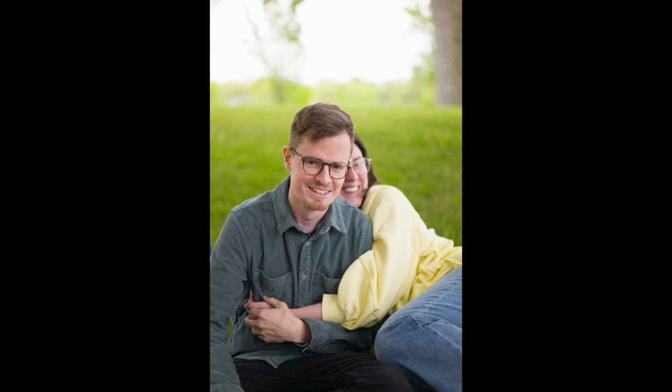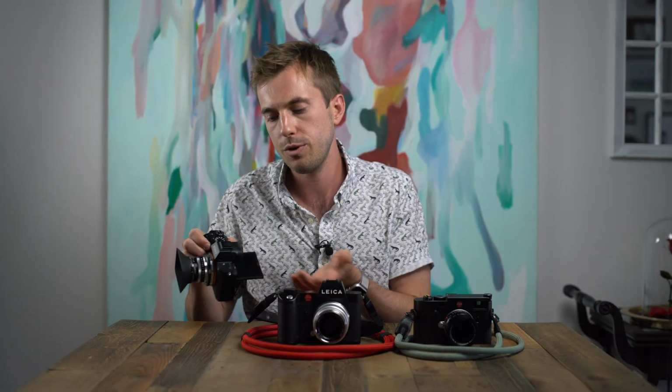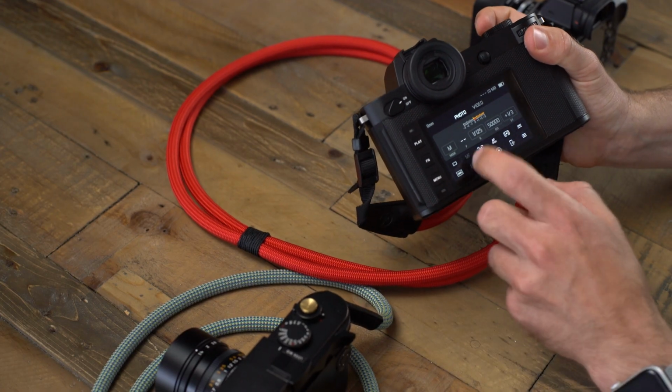As a tool, I appreciate it, and I would definitely have it alongside my M10 for a full wedding day. The one feature I do feel like the SL2 is missing is an articulating screen. There are a few instances where I'm used to focusing from the hip with the Sonys, where I would flip the screen out and focus from the hip. It's a nice welcome addition because it's a little bit more inconspicuous, because with the M10, zone focusing obviously is easy, but it becomes much more of a haptic, visceral connection with the camera, whereas with the SL2,